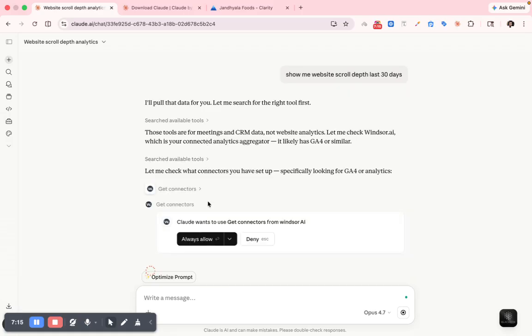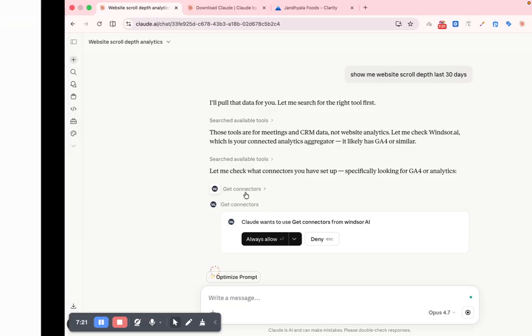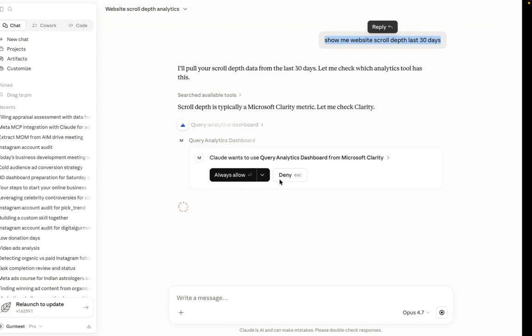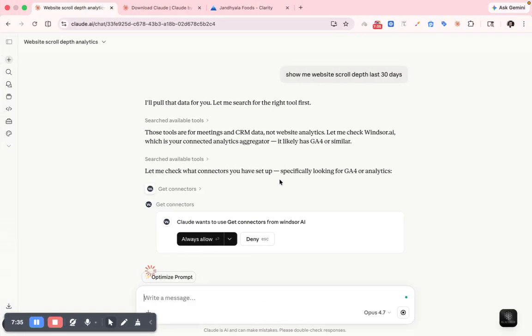Okay, so it is saying I can show you through GA4 analytics, which means it's not connected there. Initially it is connected on the desktop app, and then you can click on allow and it will be ready. So this is how you can connect your Microsoft Clarity MCP with your Claude.